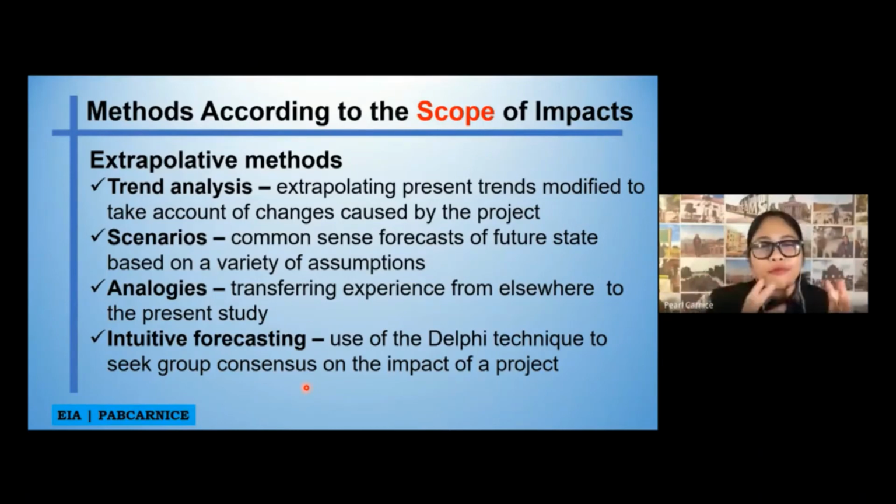So for example, you have 5 panel experts and a survey questionnaire, and you give them the questionnaire, which the experts answer, based on the predictive impacts that you identified. And then after several rounds of the panel of experts answering your questionnaire,